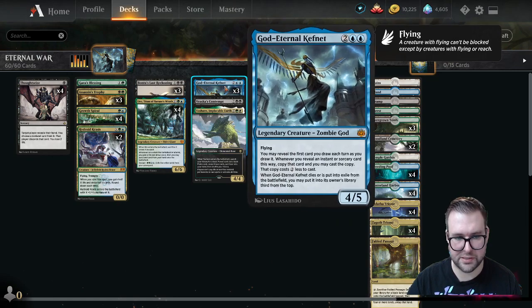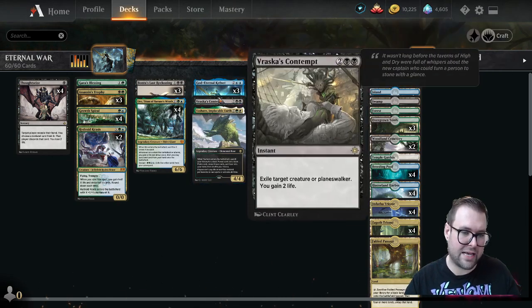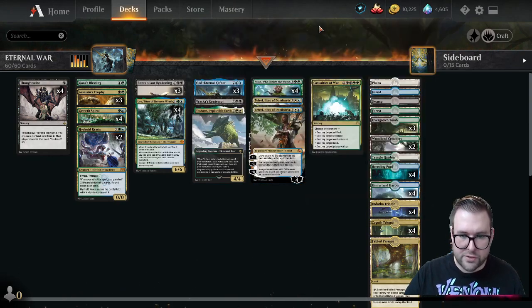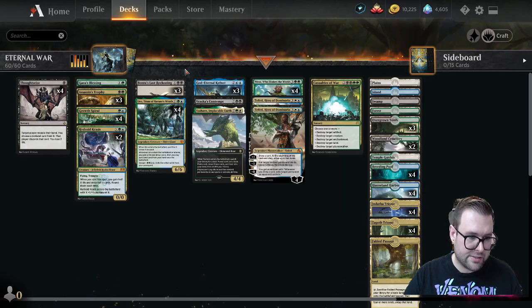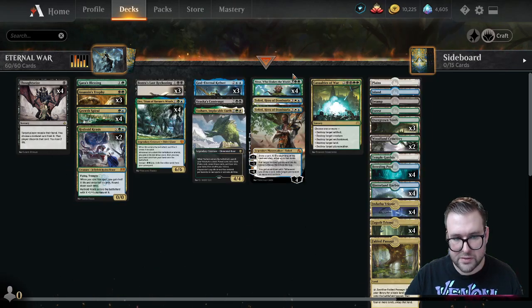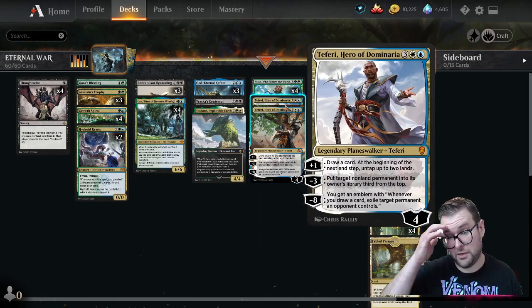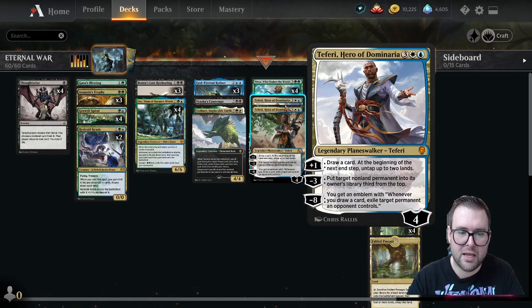Once again, it would be really sick to have a God-Eternal Kefnet and then draw into a Vraska's. We can copy it, cast it for 2. Then we just have really good planeswalkers to round out the deck. We have Nissa, which just combos so nicely with our Hydroid Krasis and constantly being able to apply that pressure. And then, of course, Teferi, Hero of Dominaria, is one of the most busted planeswalkers in Historic, being able to